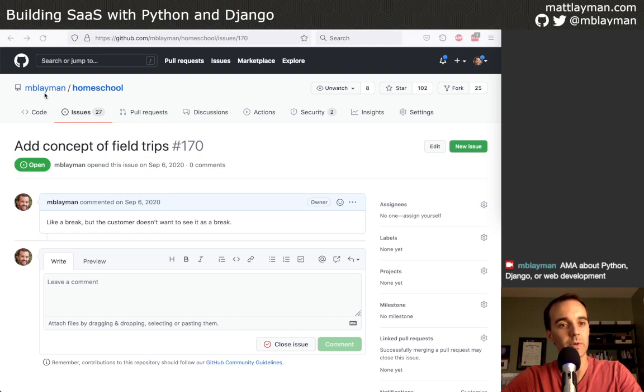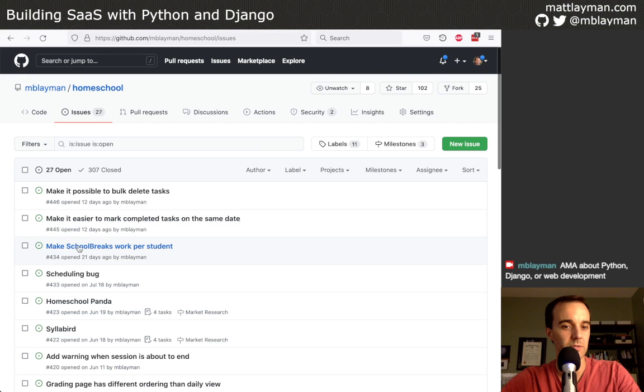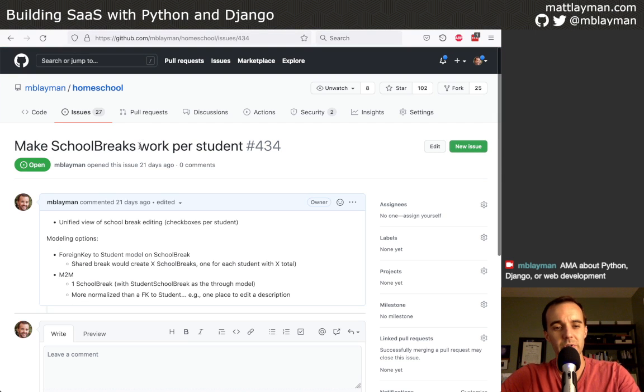So I've been thinking about how I want to do this, and I think I actually have another issue with some of the details. Yeah, here we go. So we talked about different ways to model this in a previous stream, and one way would be to add a foreign key to a student directly on a school break and have multiple that way. And as I thought about this, I thought, well, that actually has some limitations. There's some good things about it, but you'd have to have multiple for each one, and so on. It just gets a little messy.